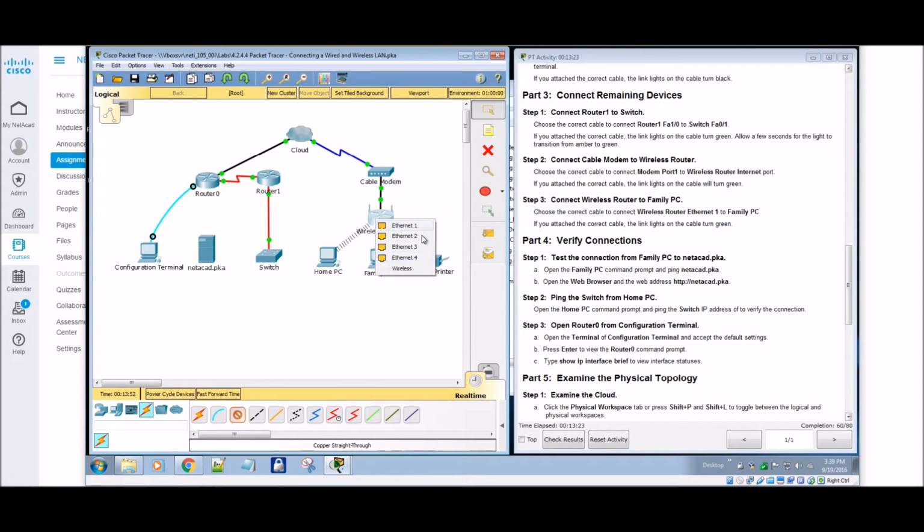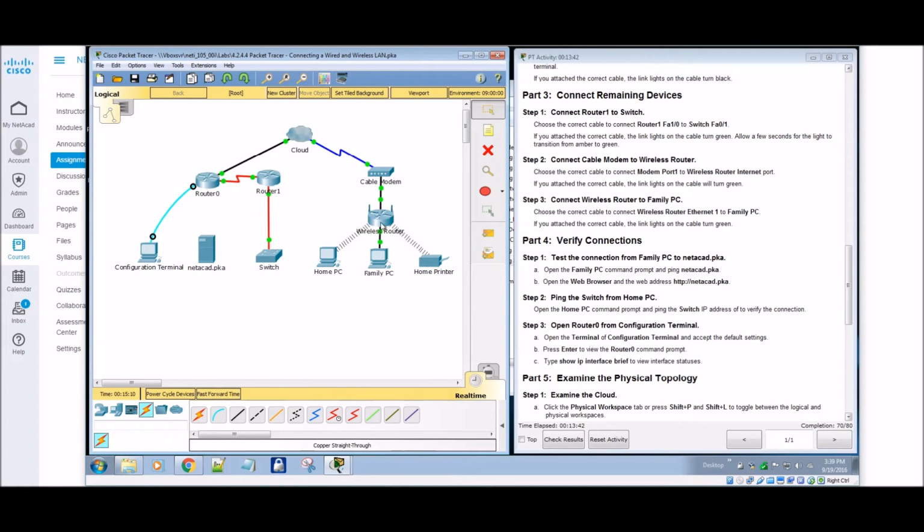All 4 of them are going to work the same. You just need to have some type of rhyme or reason. That's up to you, whether you're going to be a little bit OCD about it, which one goes into where, and on your labeling, when you start labeling your cables, which one goes into where. But in this case, we're going to go to Ethernet 1, and it'll come up in a few seconds.